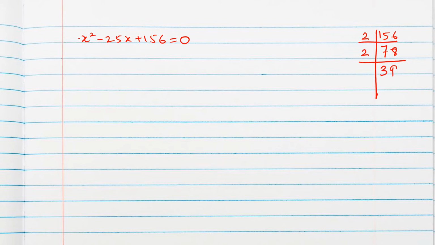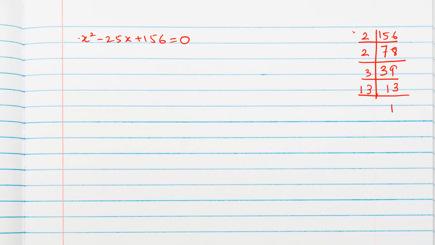Equation is x square minus 25x plus 156 equal to 0. So here you can select any one method to solve, either formula method, completing square, or factorization. Suppose if you want to do using factorization, 156 is a big number. So you can do prime factorization to find its factors. 2 sevens are 14, 2 eights are 16, 2 threes are 6 and 2 nines are 18, 3 ones are 3, 3 threes are 9. Then 13 is a prime number, so 13 ones are 13.